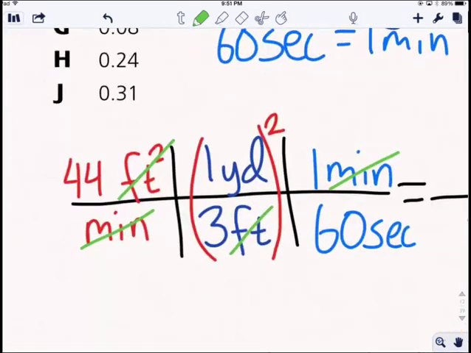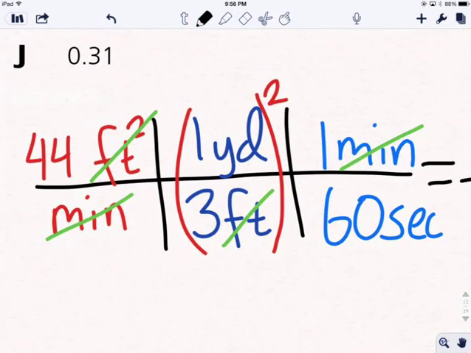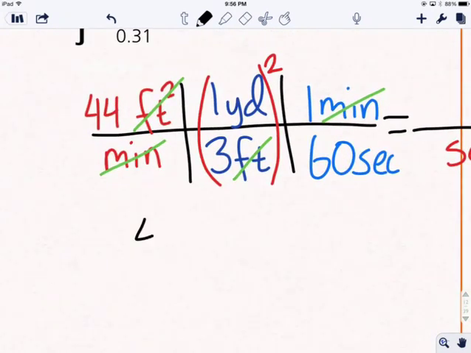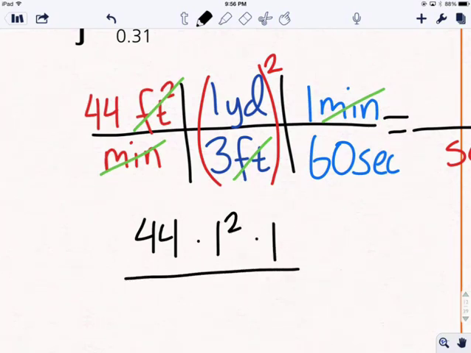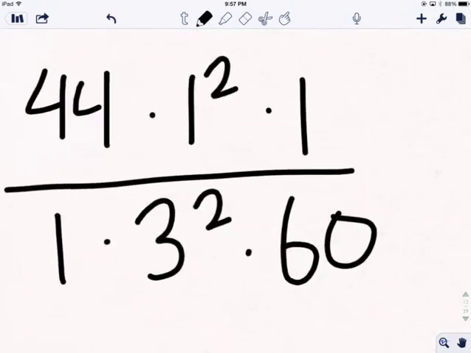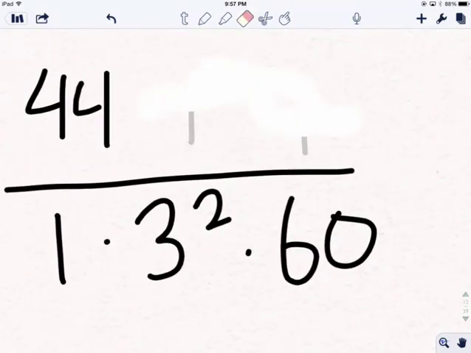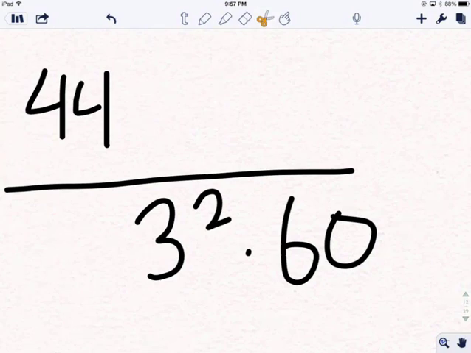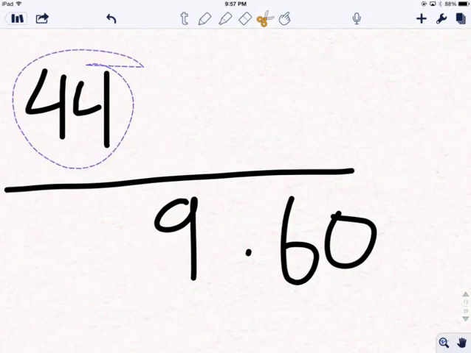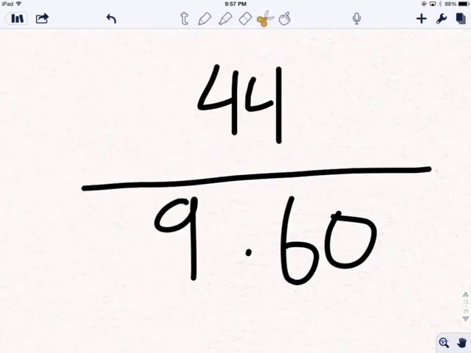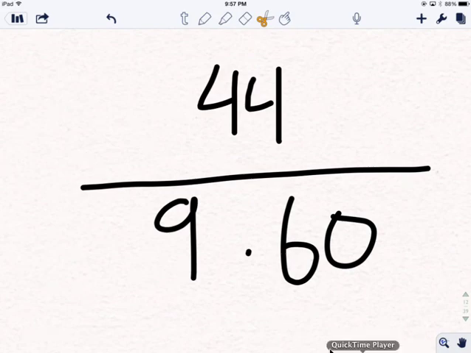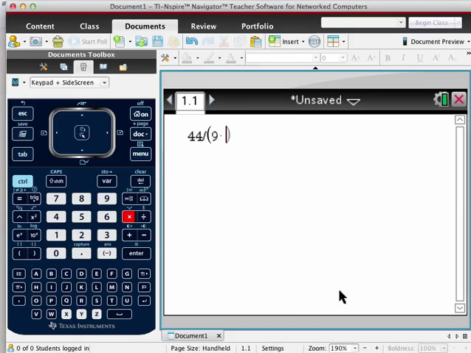Okay, now how in the world do we plug this into our calculator? Well, what this is really saying is 44 times 1 squared times 1, all divided by 1 minute, so 1 times 3 squared times 60. Now all of these 1's we can just get rid of, right, because multiplying by 1 doesn't affect anything. And then 3 squared is the same thing as 9. So this is really the calculation that train tracks is telling us to do. 44 divided by 9 times 60. So 44 divided by 9 times 60